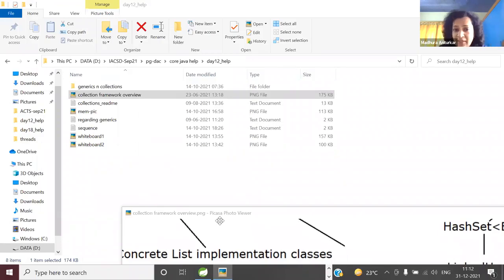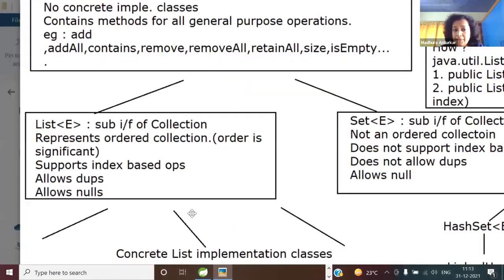You remember the get method. In goes the index and out comes the element reference. You remember there is an add method with index, which is insert. Insert the element at a particular position. Yes, Rajni. That is remove, to remove the element at a particular index. Or there is a set method to replace the element, right? So these are all the index-based operations I was talking about, as an example.